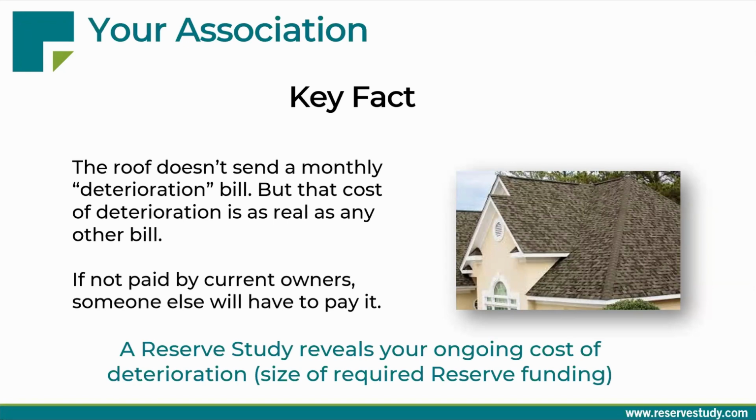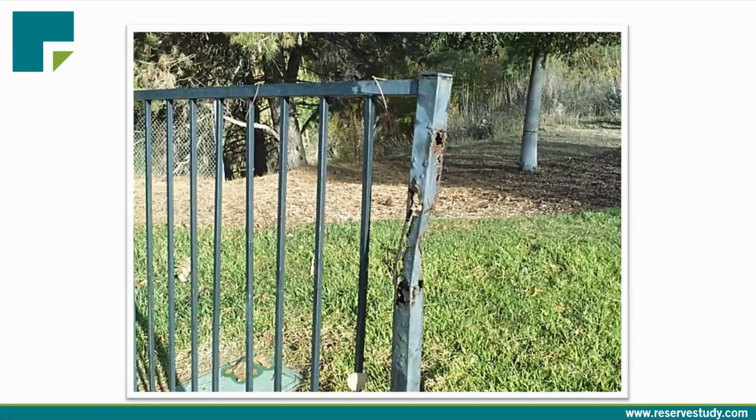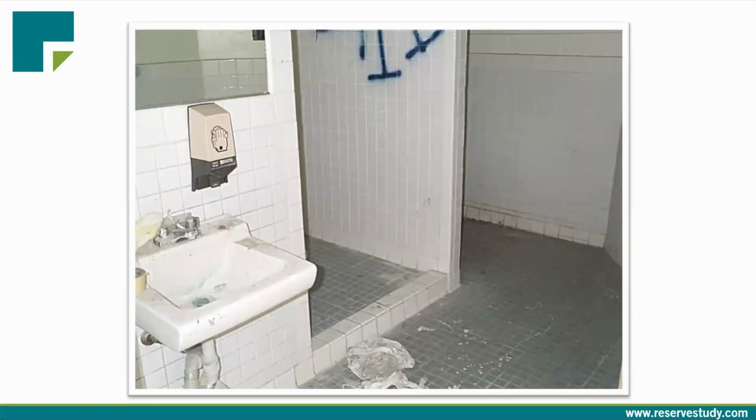All those costs of common area deterioration you'll find in the reserve study. And what I want you to do is start thinking of reserve funding as a bill that needs to get paid. If you ignore it, there are consequences. Your association begins to look like this perimeter ironwork fence, or this pool bathroom, where they're just letting it go,